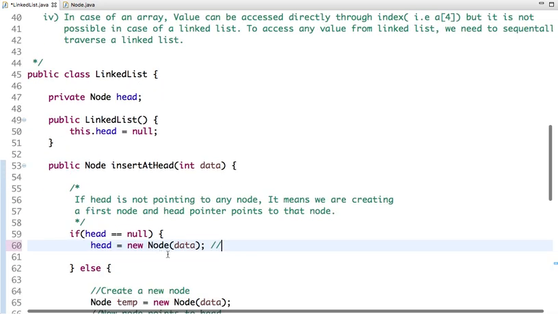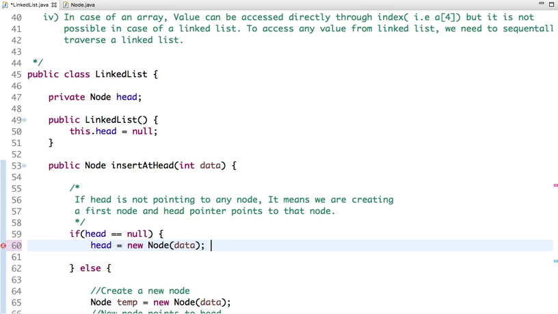No node is present. So we create a node, and let's understand through an example. Right now the pointer head points to null,